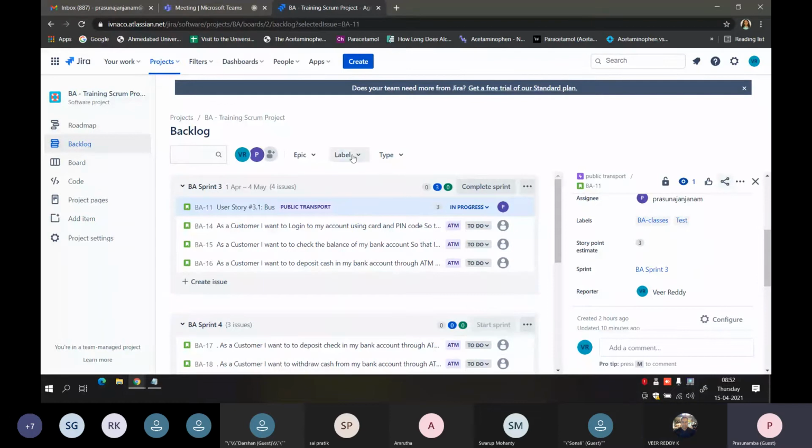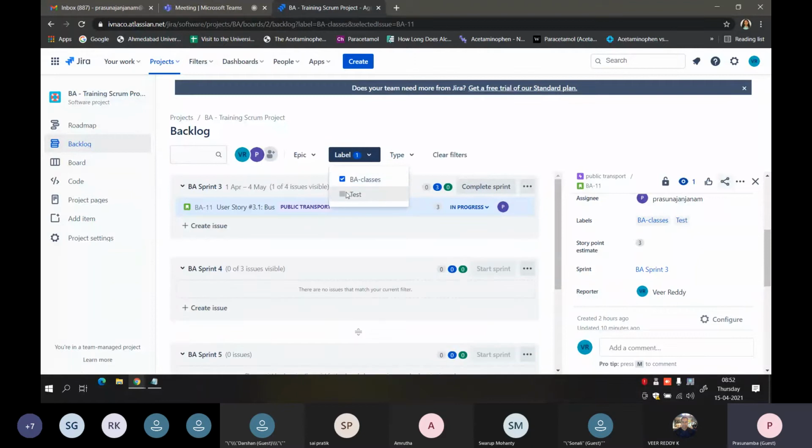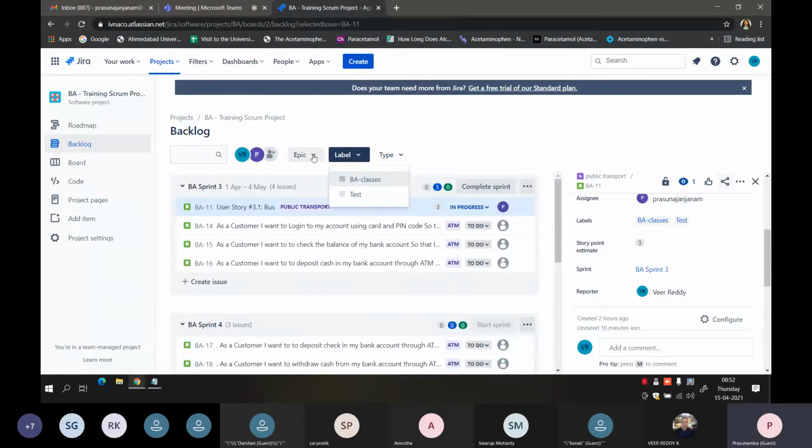And if you see here, the labels, even in the backlog, you can filter the stories using these labels or using the epics.